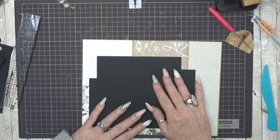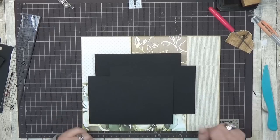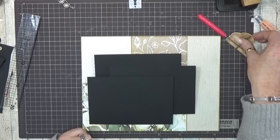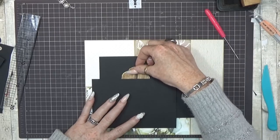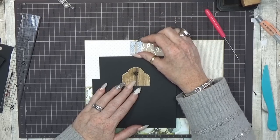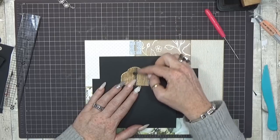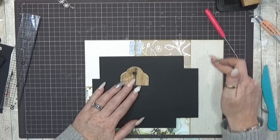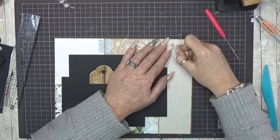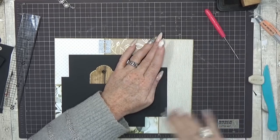Okay, so now we really have not much space to do any decoration. But okay, we are just going to see what we're going to do with it. So yeah, this is still the planning of that closure with the little ribbon. Here is where the closure is going to be, so I can erase my points, my